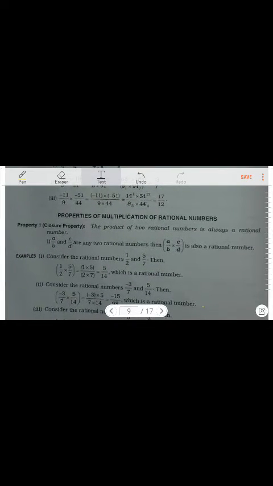This lining came for what, I don't know. Okay, no problem. I think when I'm zooming it, then the lines come. Okay, so what you will do, you can watch in your book itself.